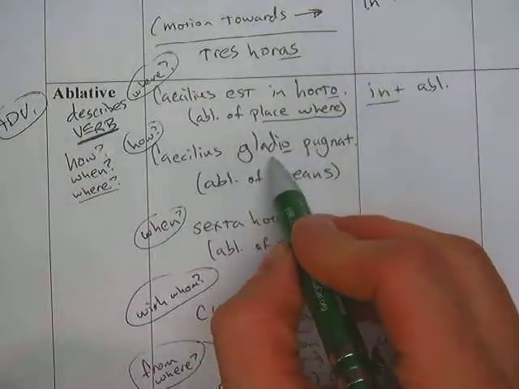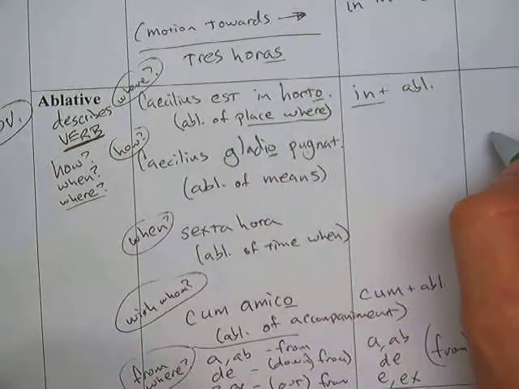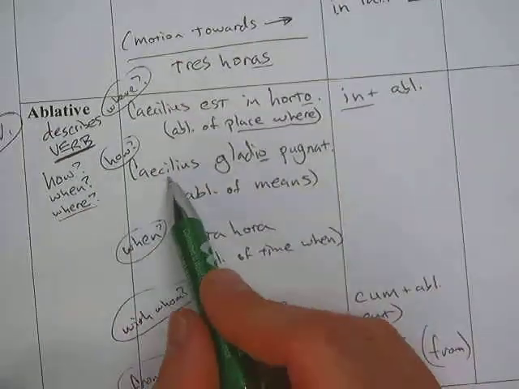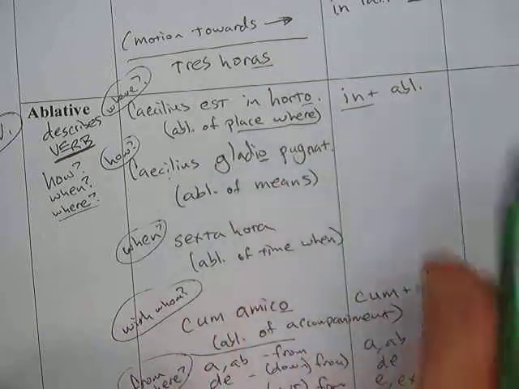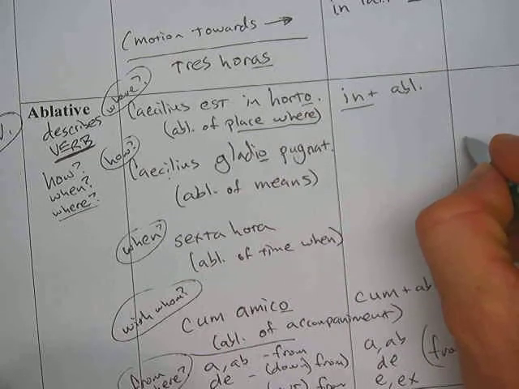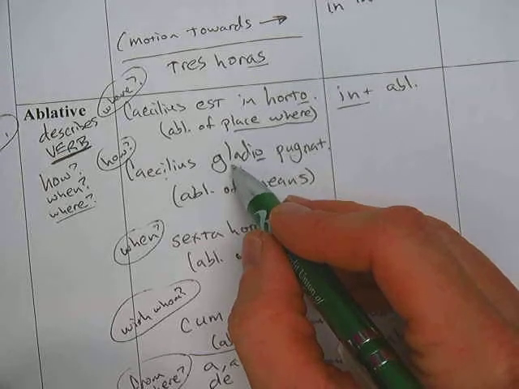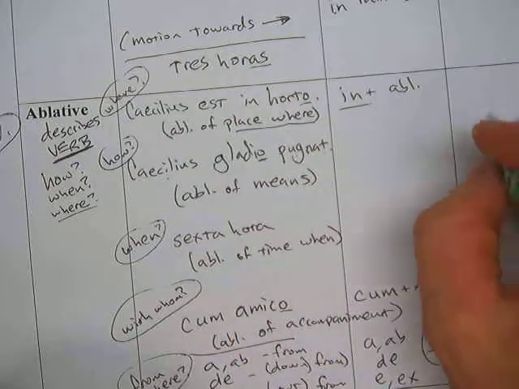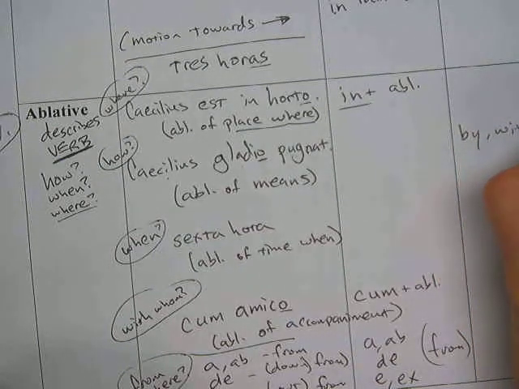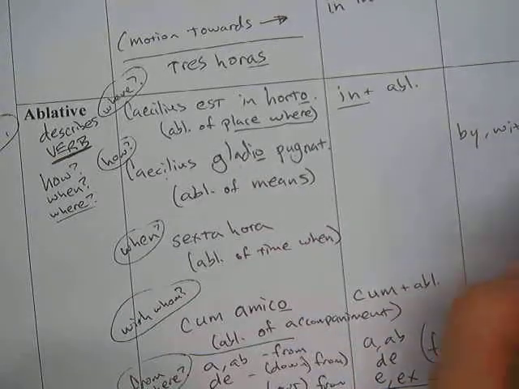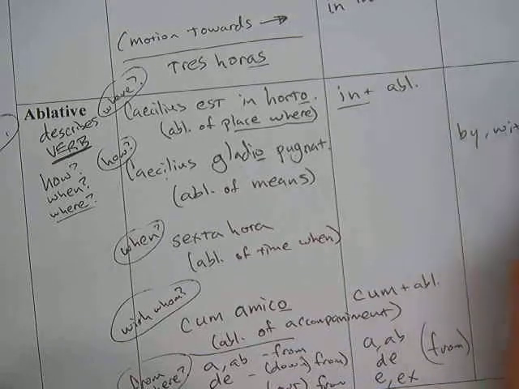But there are certain ones that have no preposition, like gladio. You don't use a preposition in Latin. But in English, you do usually put a preposition in. You say, Caecilius fights sword? No. Okay, you say, Caecilius fights with a sword, or by means of a sword. So, when you see the ablative without a preposition, it's really helpful a lot of times to put in one of these prepositions: by, with, or from.